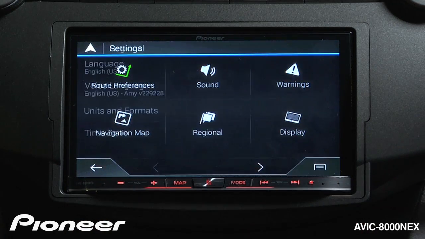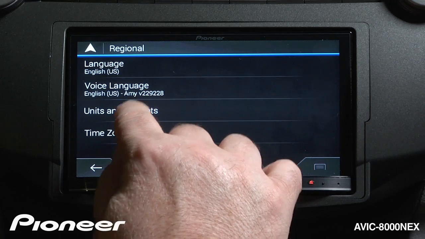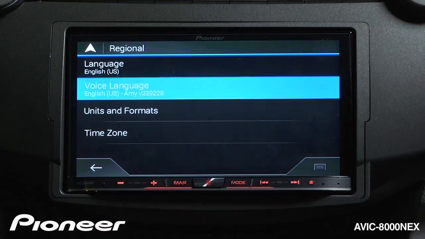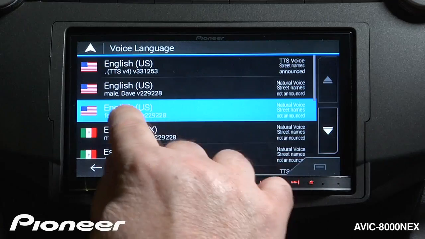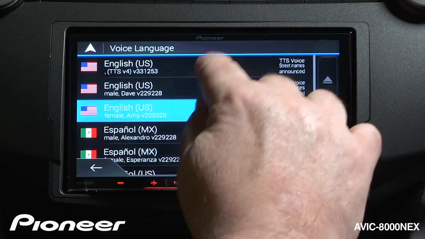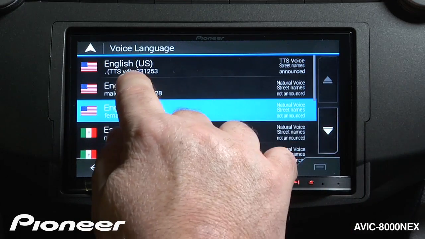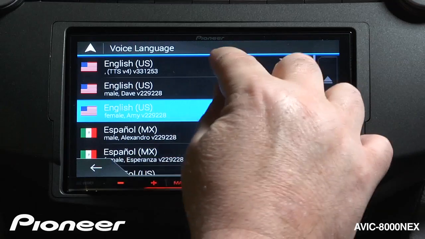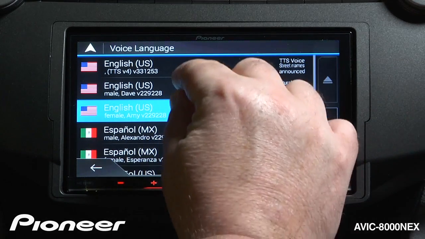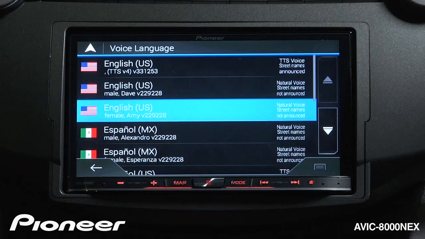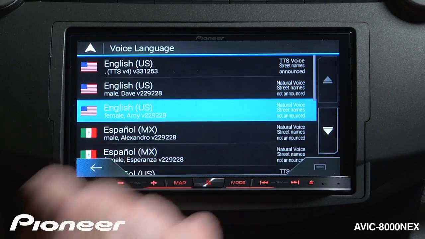And here are our regional settings. So here you can change the language of the text or the person that's speaking to you. Okay, we have a choice between our female voice, Amy, our male voice, Dave, and if you want, you can switch this to a text-to-speech engine, which is more of a computerized voice. When you use Dave or Amy here, they will give you landmarks at your turns. We'll go back out of that